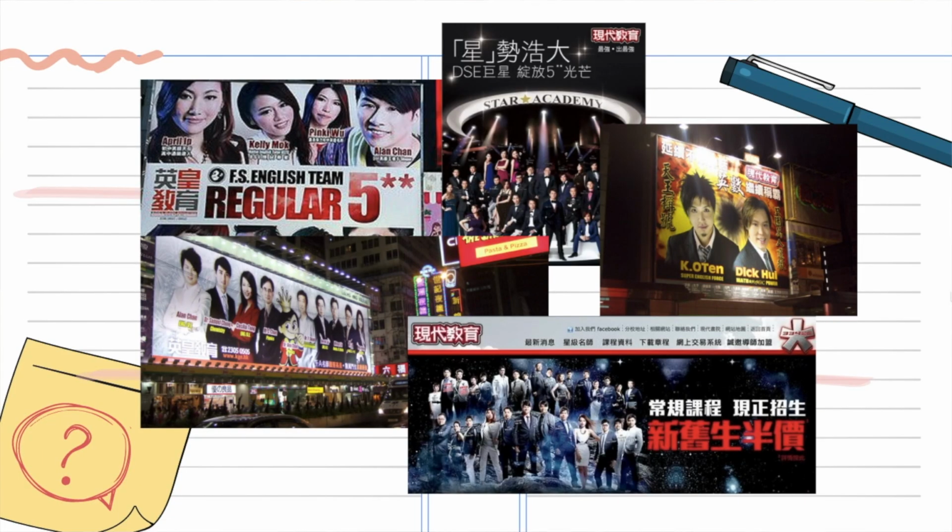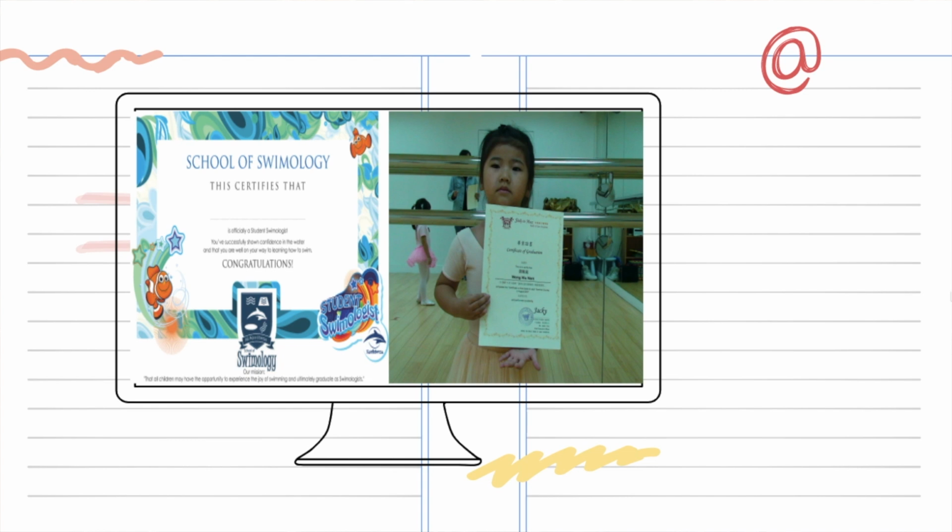Now I no longer have the hectic extracurriculars I once did, but I can still see a lot of advertisements all around Hong Kong that promise certificates or diplomas that supposedly prove that, oh, I won't drown in the kiddie pool, or that I know 2 + 2 is 4, or that I can play Hot Cross Buns in perfect tempo.